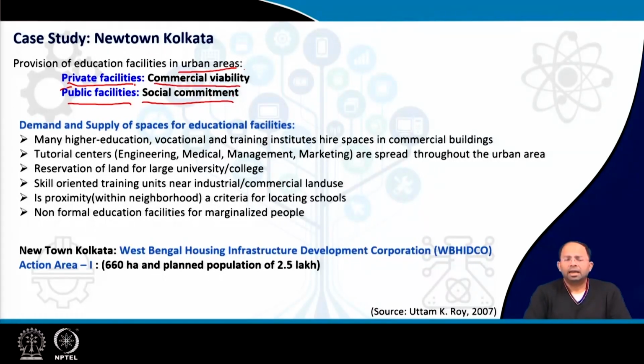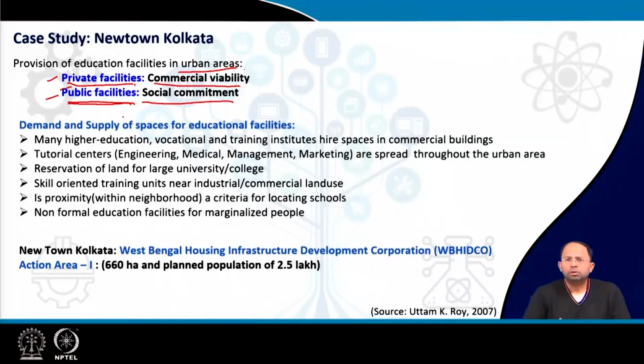That means a company can determine that they can make profit by opening up a school, and based on this commercial viability, private facilities are opened up. And of course, private facilities, because people pay for them, can also avail better services compared to public facilities. But at the same point of time, public facilities also can be equally good based on the government effort to provide